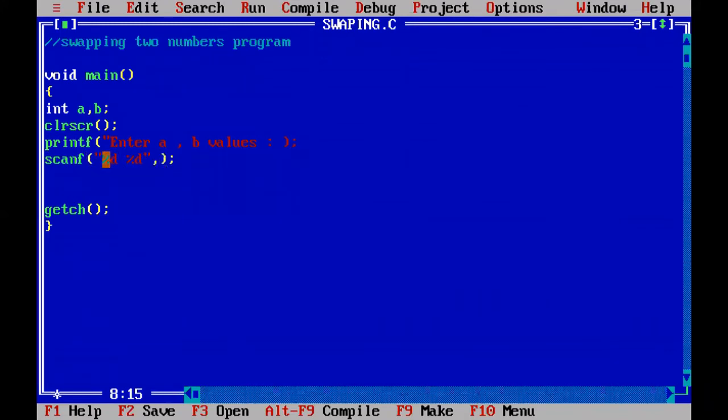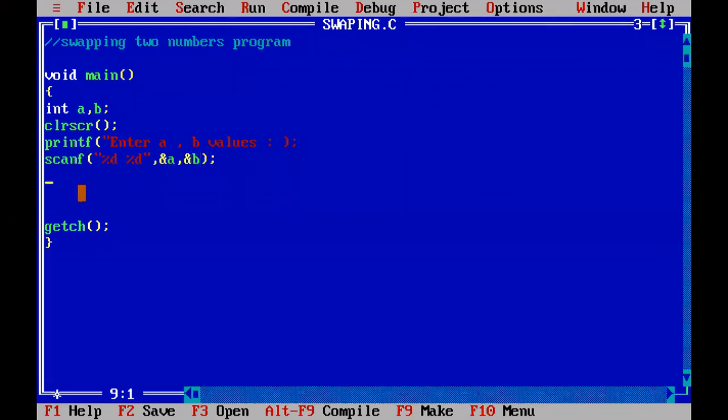The first value I'm going to store into the address of a, and the second value I'm going to store into the address of b. Now a value is ready, now b value is ready, which is read from the keyboard. And I'm going to swap a comma b values. For example, a value is entered 10 and b value is entered 20.